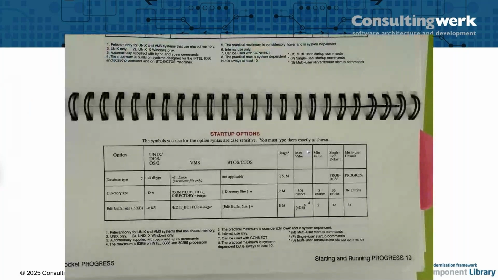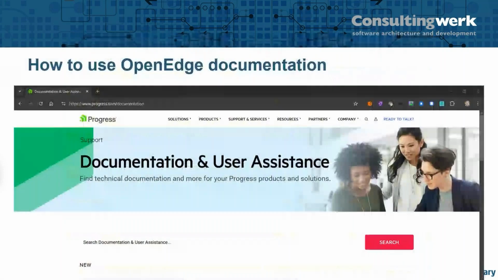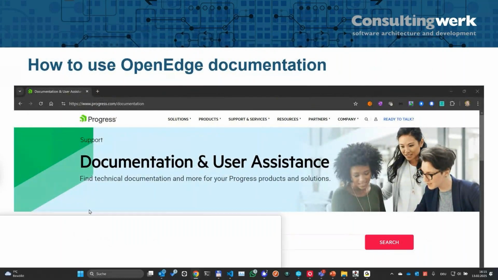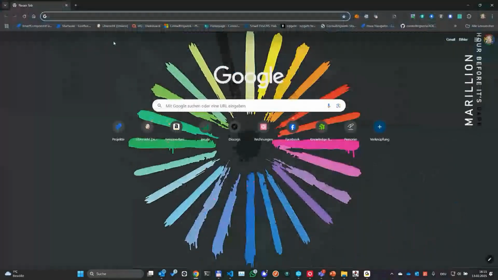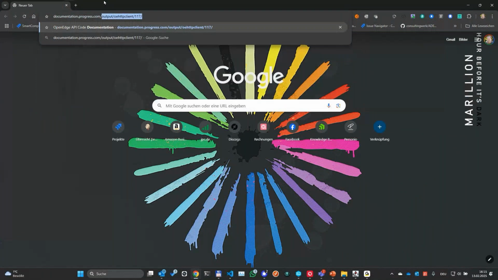Those who have been using Progress for more than a couple of years probably remember the Pocket Progress, this little ring book with the language reference and the startup parameters. Nowadays, the Pocket Progress probably wouldn't fit into a pocket anymore. There are quite a large number of parameters, and I'm going to quickly show you where to find them on the documentation website. When I know what parameter I'm looking for, I usually start at Google,